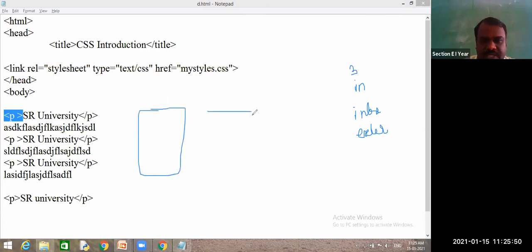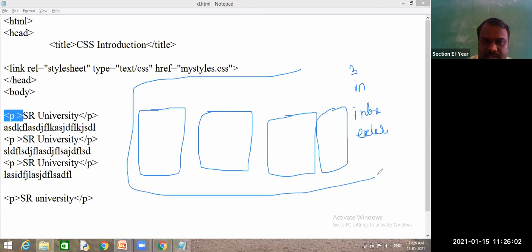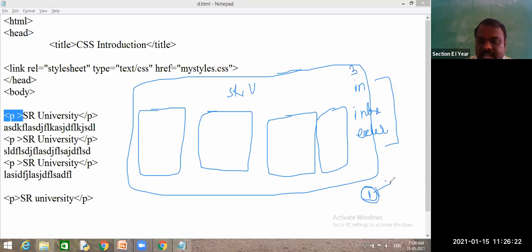See, I am creating one website. A website means it contains multiple things. So this website is the SR University website. See, I want to use one property only once in my entire website. So which is the best one? I have to use one property only once in my entire web page. Inline, sir. Very good. Inline is best.